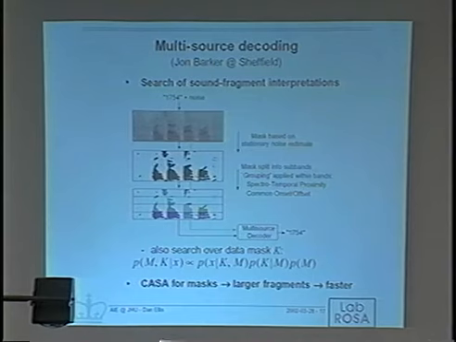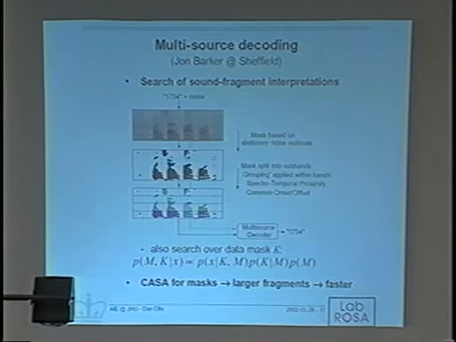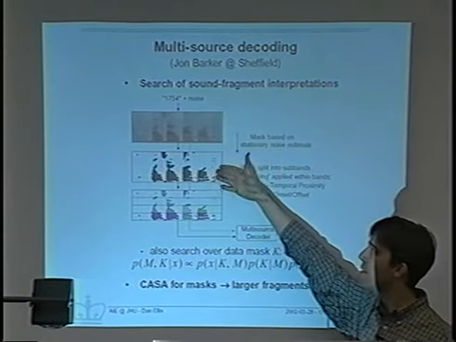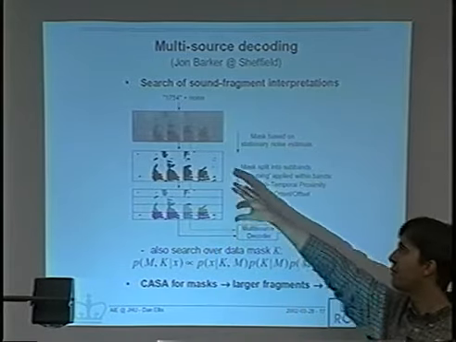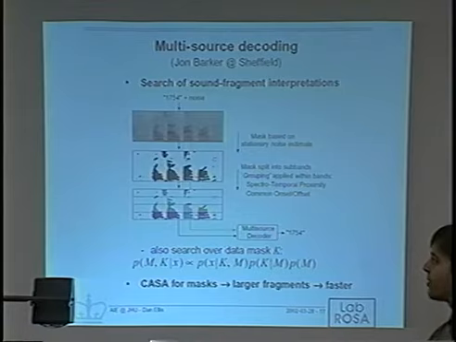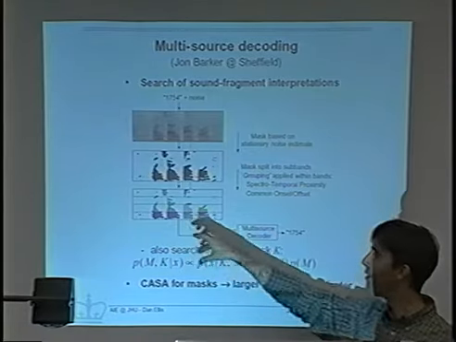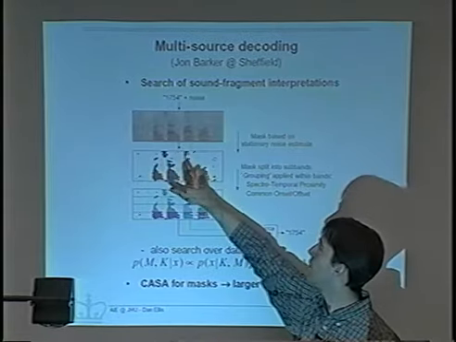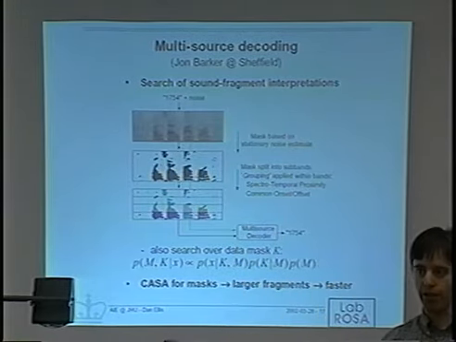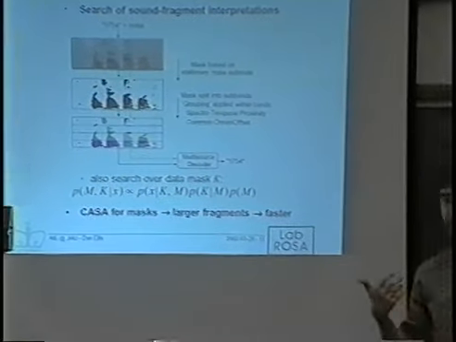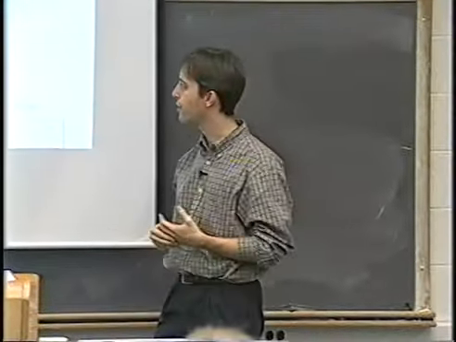But what I'm really interested in is this idea of trying to use that within a decoding task. So if we've got some noisy data and we calculate this mask, what we do normally is just say, okay, here's where the present data is, do the likelihood calculation, that's it. But in theory, you're going to make mistakes in that mask. In particular, maybe this piece of energy up here comes from some non-stationary background noise. And if only you knew, you would get a better recognition result if you excluded that from the likelihood calculation.